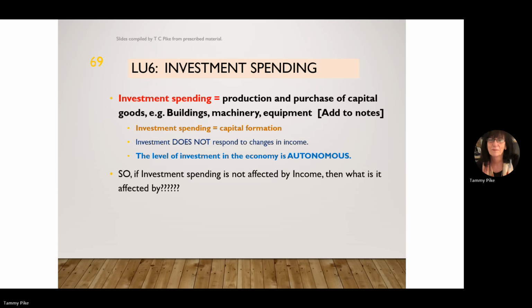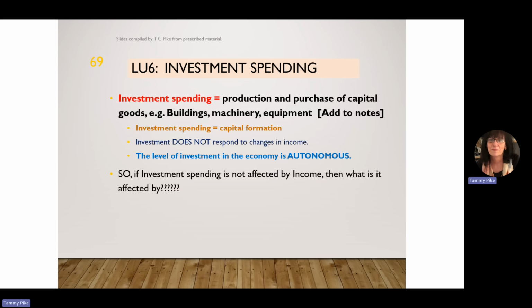Investment spending. Be able to define it, please, folks. Be able to recognize it's got 2 names. And then it does not respond to changes in income. Therefore, it is autonomous. Now, this could be problematic for many of you who are business-minded, because you may well feel that it's not an accurate statement. You are not entirely incorrect. We are making the assumption at this point that investment is autonomous. All right. We know that ultimately it does depend on the level of income, but for purposes of first-year economics, we treat it as though it is autonomous. So really important for you to make peace with any of that questioning that you might find in your mind